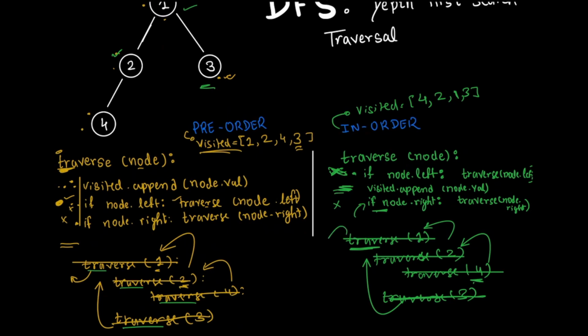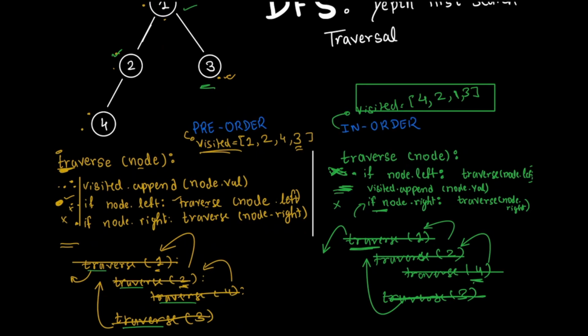And when we have come out of this function, we find that the visited list is ready, which contains the node values of the tree in the order of InOrder traversal for the depth first search traversal. So this is how the InOrder works,